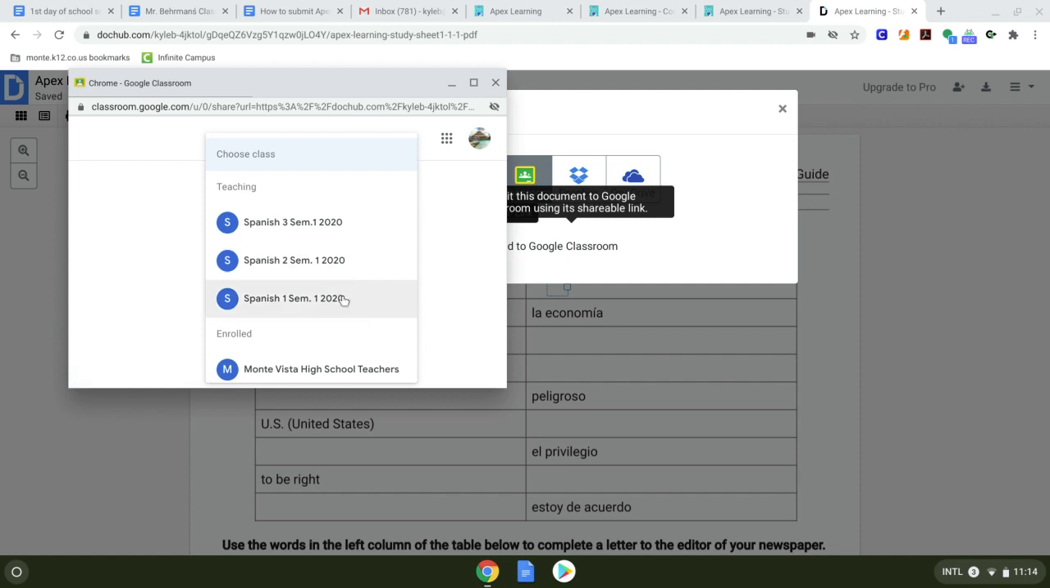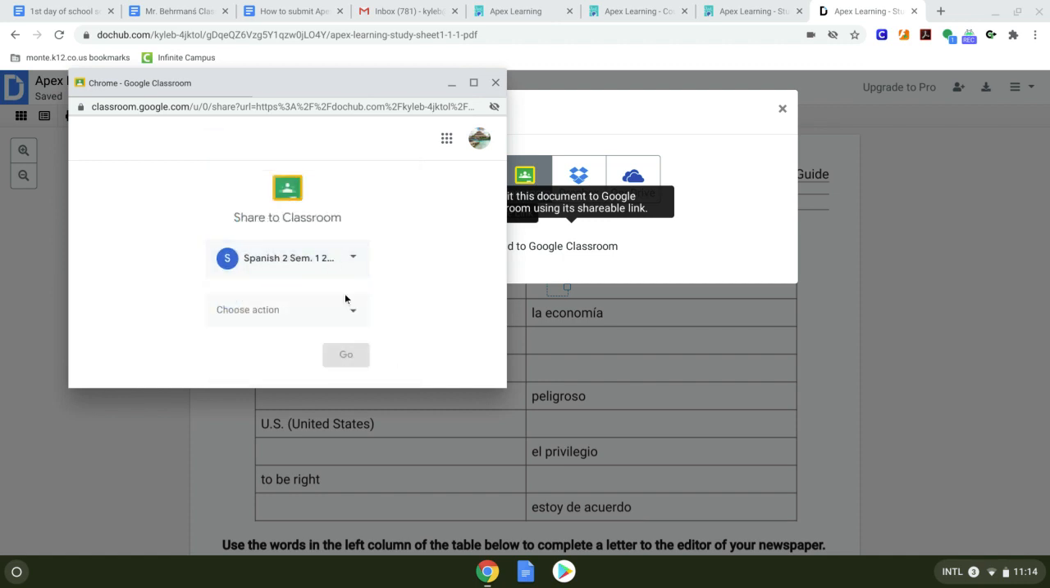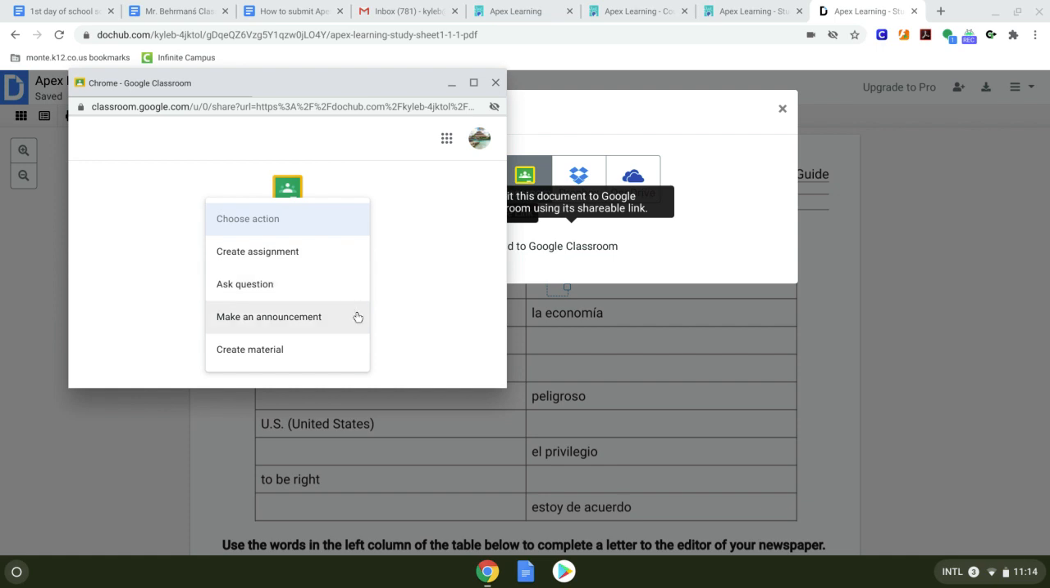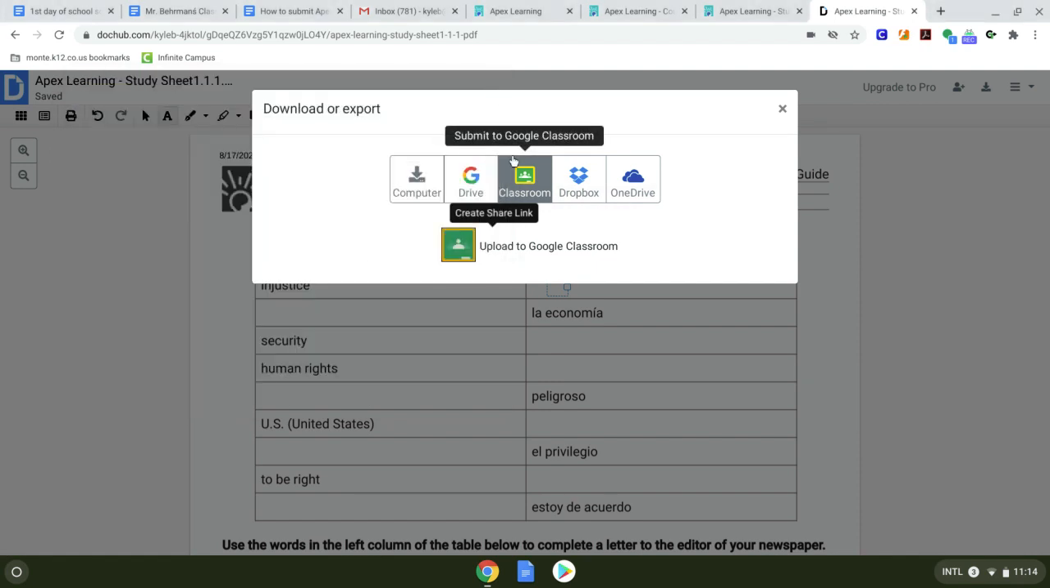And you can choose which Google Classroom class. So I can choose this one. And I only have these options. So unless you have an option to submit an assignment, then you won't want to go to Google Classroom. So I don't know how it looks on your end. So if it doesn't, then you can save it to your Google Drive